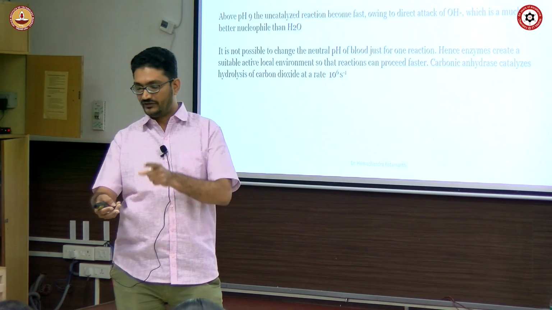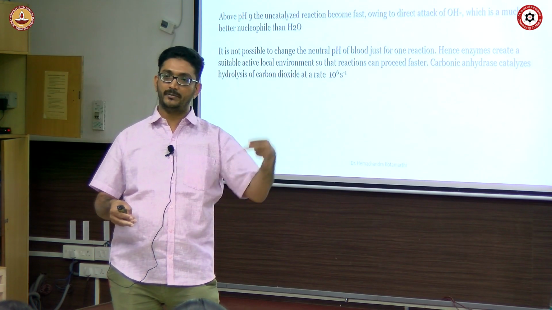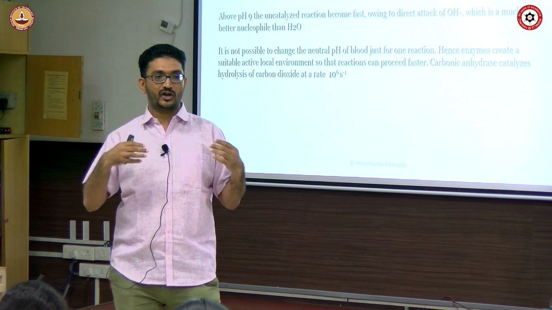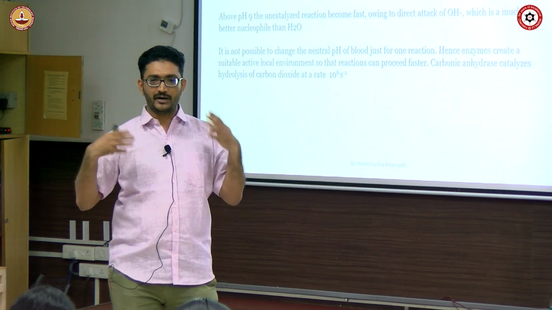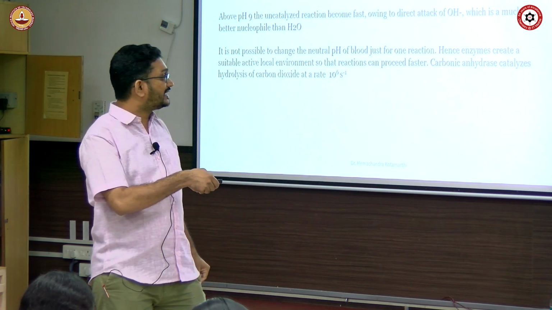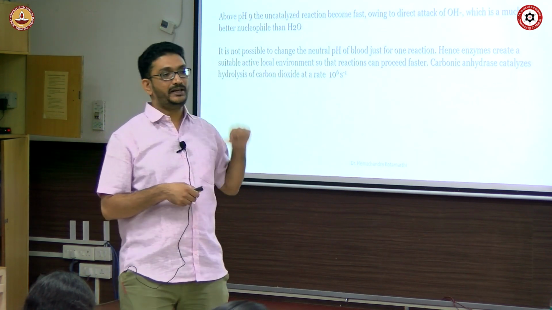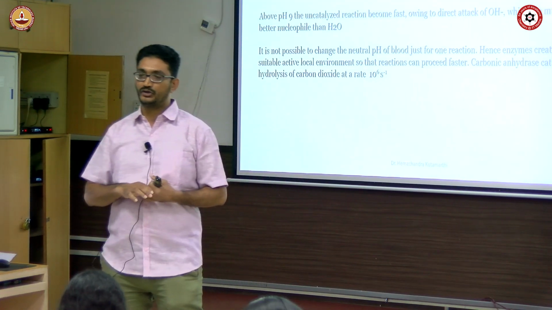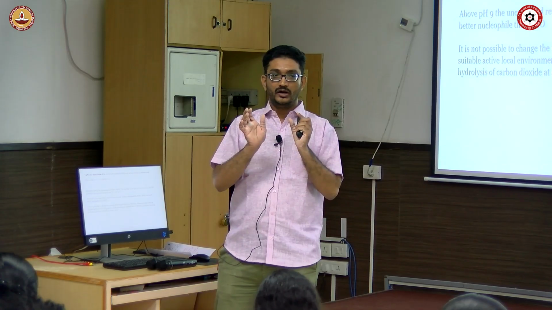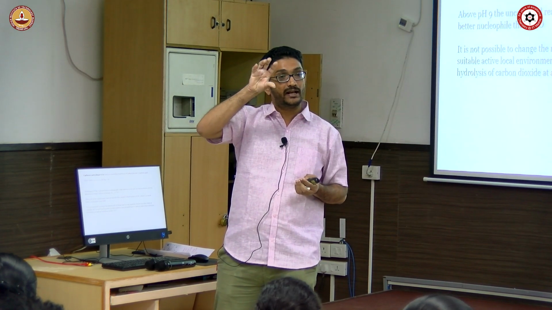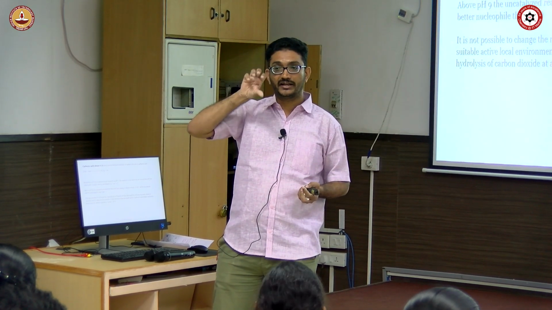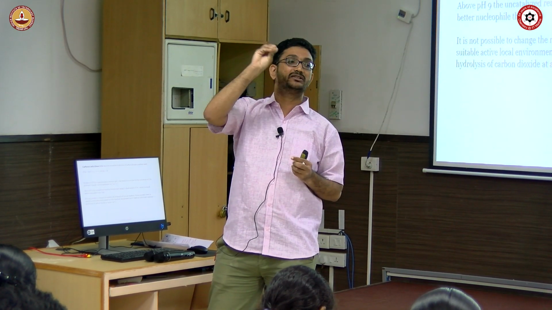Otherwise, when that reaction is going on, the other reaction has to stop. That would mean if you want to breathe, you have to stop talking, because there are multiple reactions happening. That doesn't happen. So it is possible to increase the rate of the reaction by changing the pH. Now, how do the enzymes do that? It's a very interesting thing. You can have a local structure where the enzyme can act. The substrate, in this case carbon dioxide, can bind the enzyme, and that local pH will be 9.